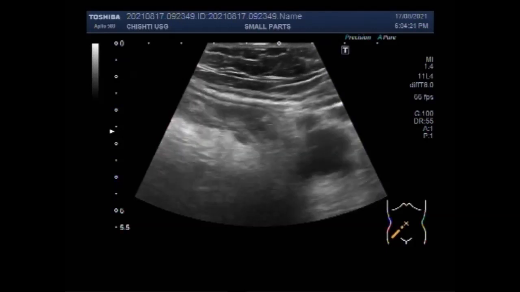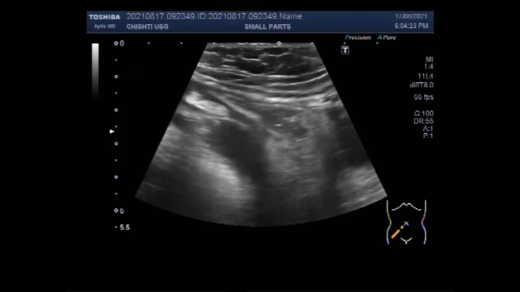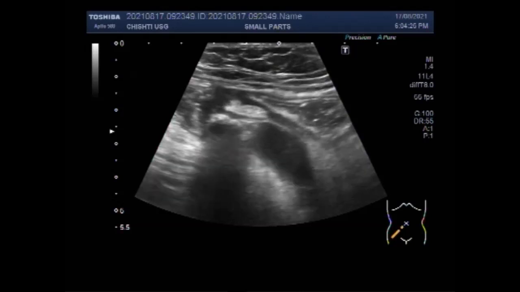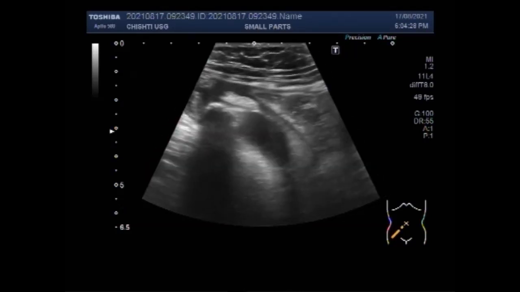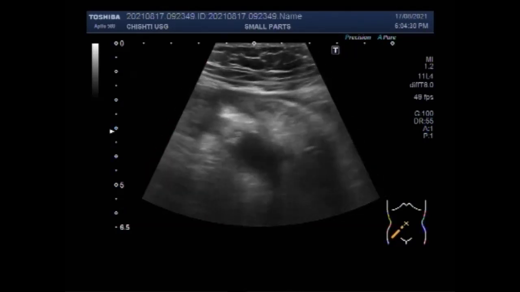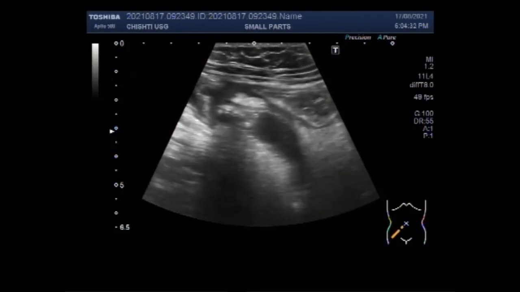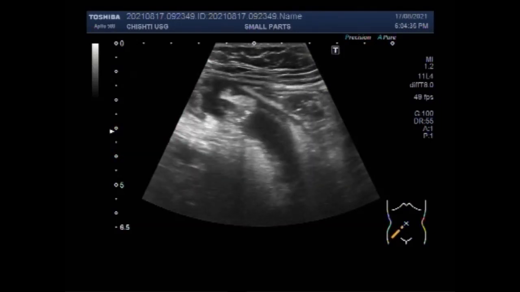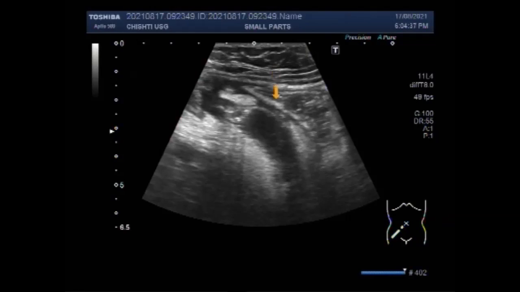Not all people will have the same symptoms, but it is crucial that you see a doctor as quickly as possible. According to Johns Hopkins Medicine, the appendix can rupture as quickly as 48 to 72 hours after the onset of symptoms. Now you can see the whole length of the appendix. Inflamed appendix is seen, and fecalith is also seen in the proximal portion of the lumen of the inflamed appendix.